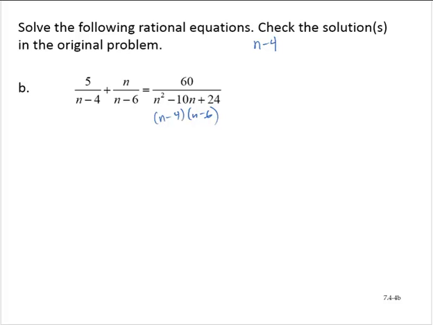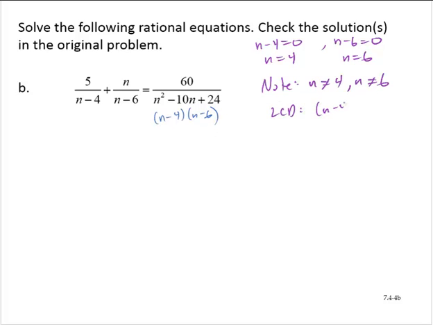n minus 4 equals 0 if n equals 4. N minus 6 equals 0 if n equals 6. And notice we have the same two factors on the right-hand side, so we don't get any new information. So let's note that n cannot equal 4. N cannot equal 6. And since we only see those two distinct factors, our LCD is n minus 4 by